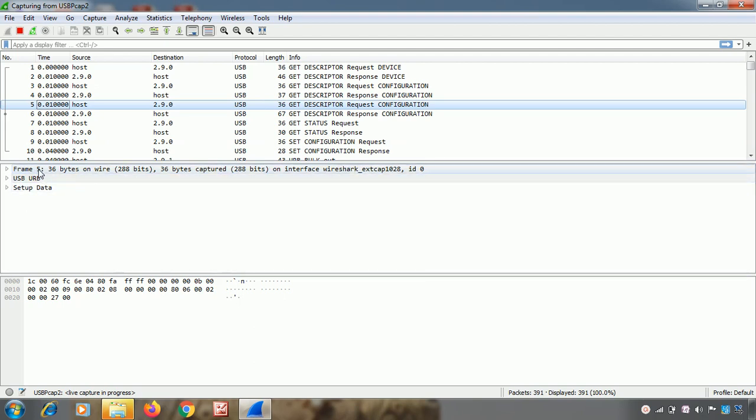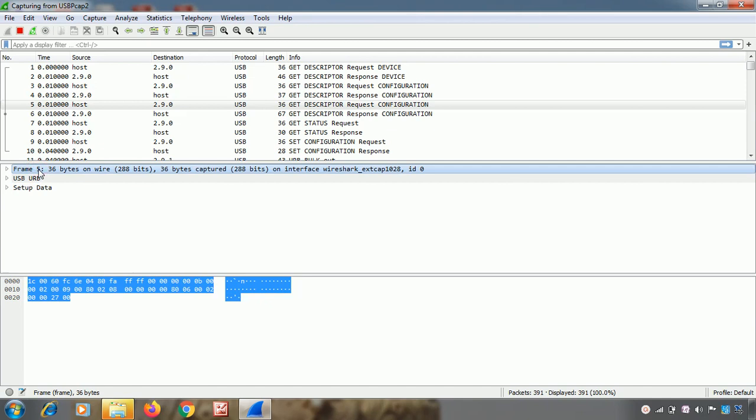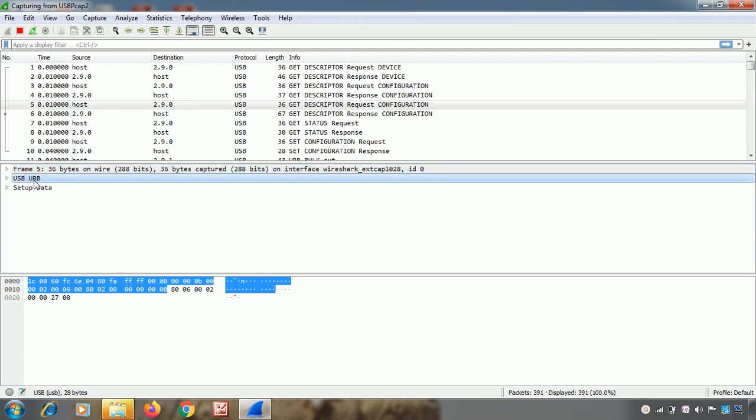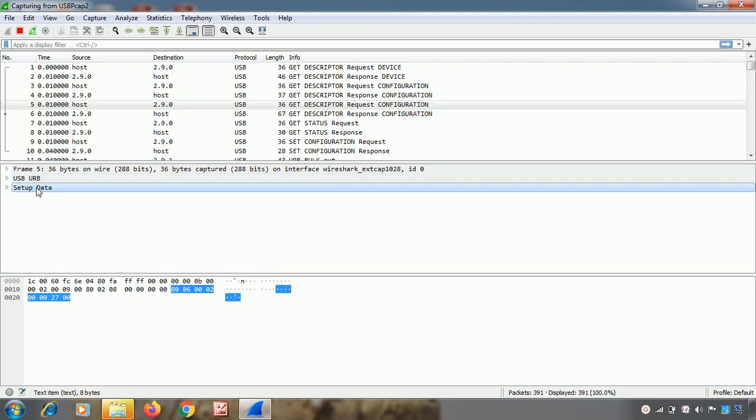Now if I want to check this information in machine language that is understood by the PC, when I click on this, you can see that in the third sub window the digits are marked. Suppose I click here, so for that USB URB, the machine language is marked in the next window. So in this way you can see the detailed information.